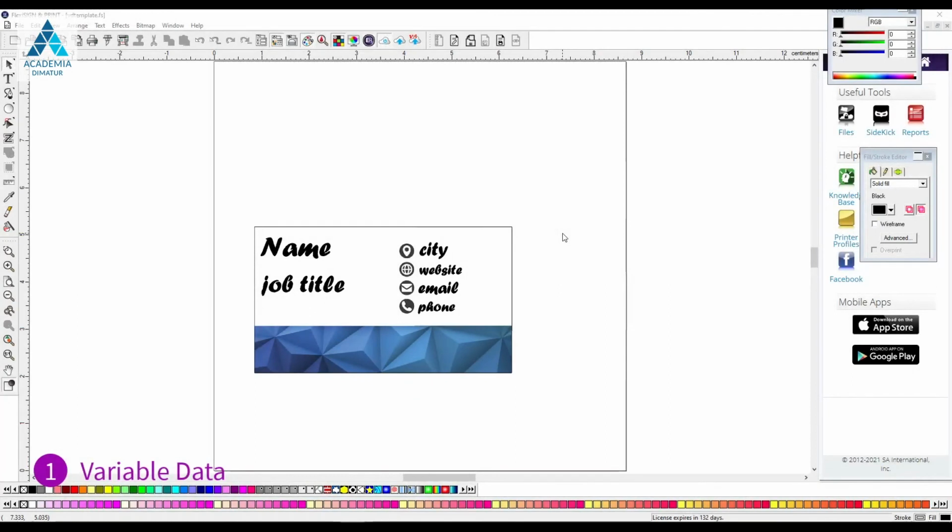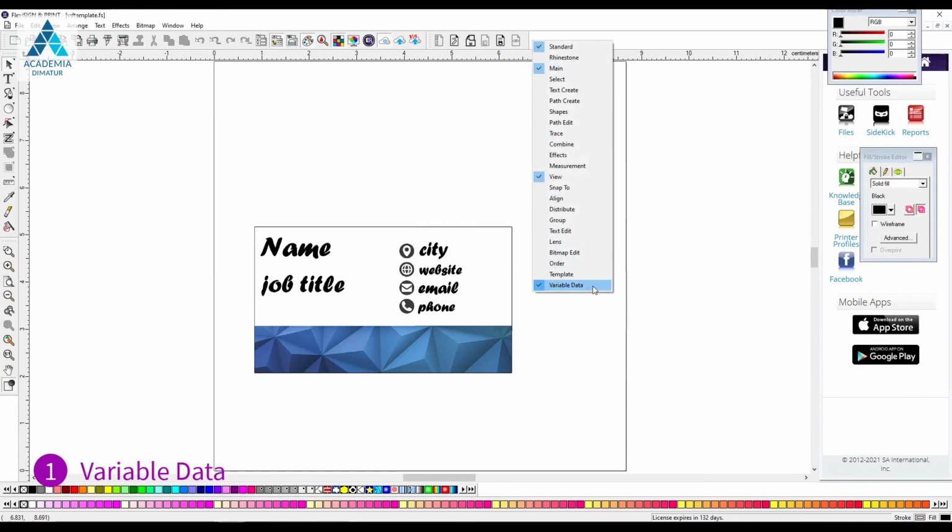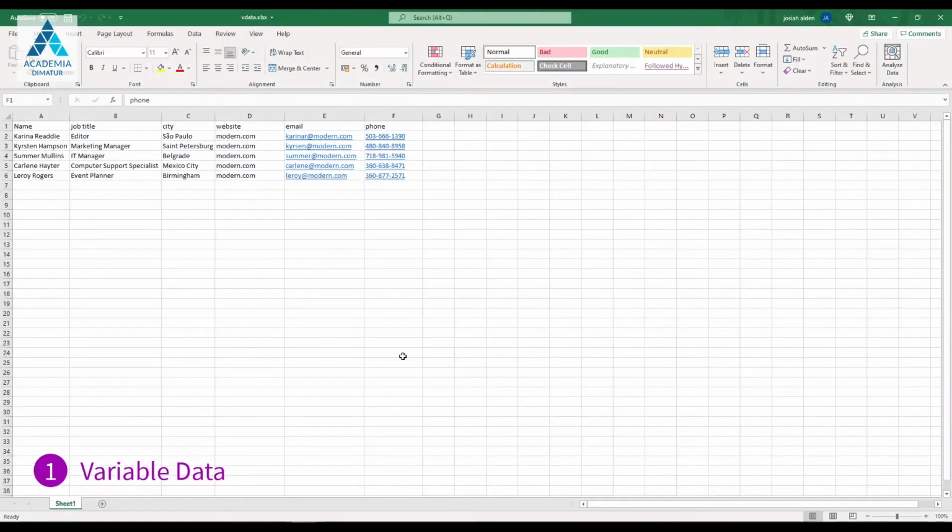The number 1 new feature in Flexi 21 is variable data. Here, we will quickly demonstrate how to make a variable data template in Flexi 21. The first thing is to enable the variable data toolbar in Flexi by right-clicking on the toolbars and checking the variable data toolbar. Here, we have an Excel spreadsheet from our customer,